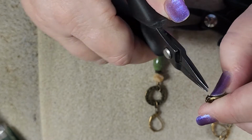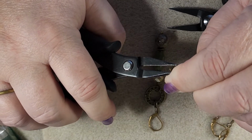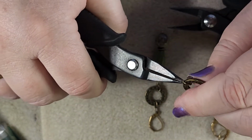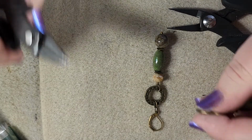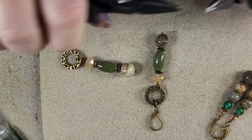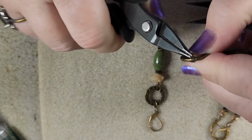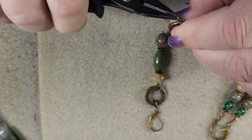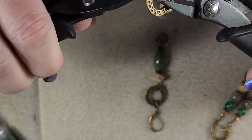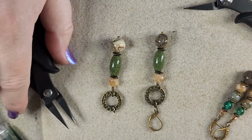Now it looks like I damaged this jump ring some. See how I've got a little purple there on it? I'm probably going to want to pull that off because it's going to have a sharp spot otherwise. So we will get a different one. We'll just have to be careful not to give it a burr again. So get this over the top here and tighten it up. Here we go. Now we just have to put the second jump ring in and the